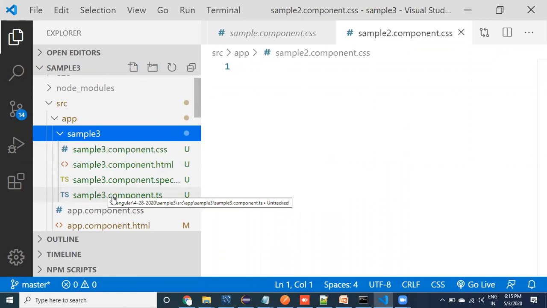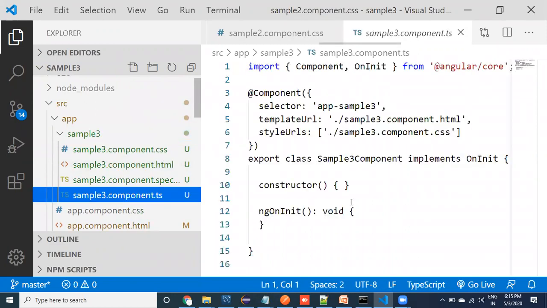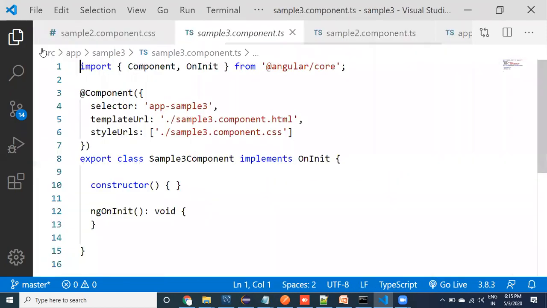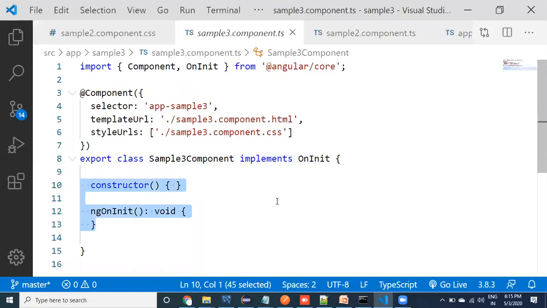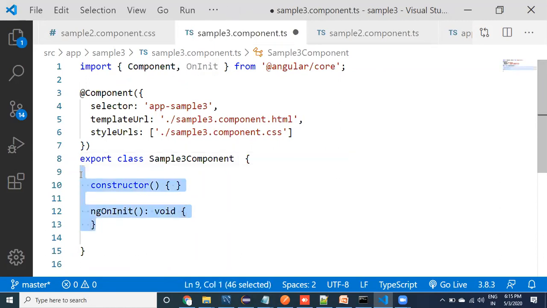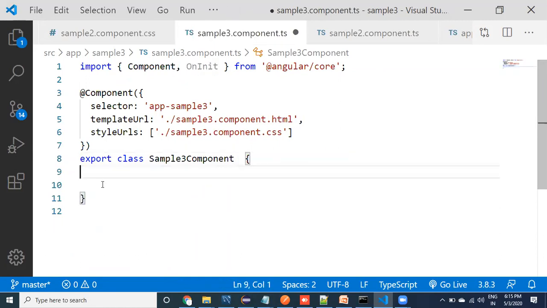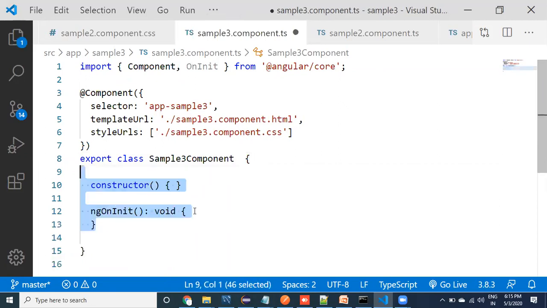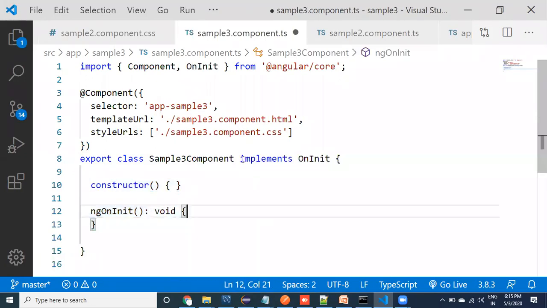If I open this component.ts file, the code is provided by default. Don't worry about this code; we are not discussing it right now. Even if you don't want it, you can remove this code also. Let it be very plain. So ROI, let it be. You don't need to think about it, because we are going to understand these concepts in the next part.